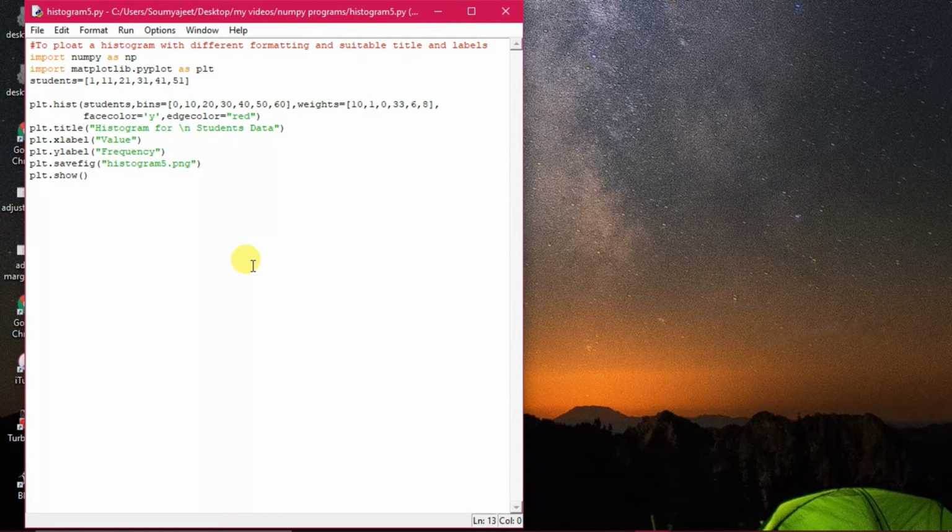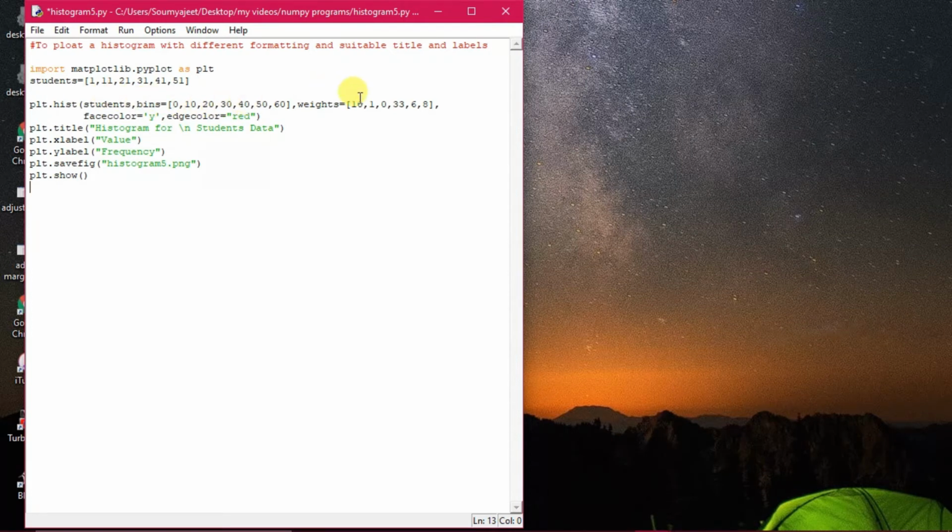All right, so here we have added one numpy import. I don't think numpy is required here, but I have given it. Okay, import matplotlib.pyplot as plt. So let us remove this numpy, it is no longer required here. The student data has been taken, which is just the coordinates. You can take any coordinates on any position. Okay, this is the first argument, that is the student data.